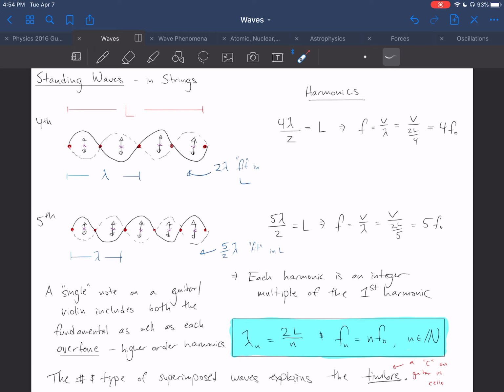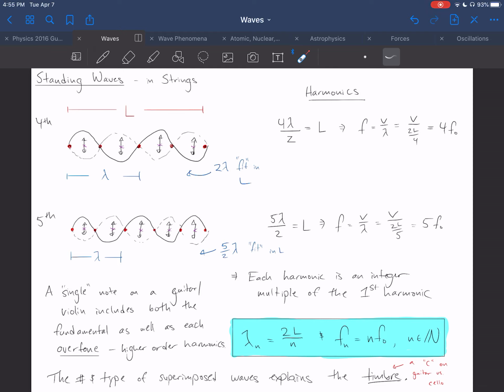That means that the frequency of the fourth harmonic is equal to the velocity of the wave divided by lambda, per usual. And lambda, in this case, the wavelength, is equal to 2L over 4. And therefore, the frequency of the fourth harmonic is equal to 4 times the fundamental frequency. Notice here that that 4 came from that fraction. So by writing this as 4 lambda over 2, we can easily see what that pattern will be